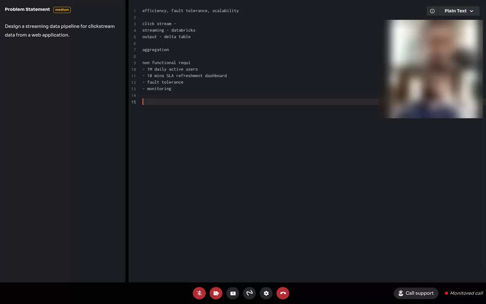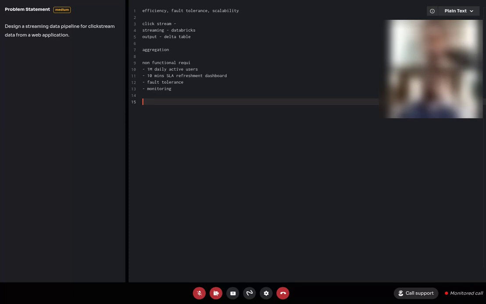Okay. What issues do you see whenever you design a data pipeline? Let's say I don't want to write duplicate entries into my final output. How would you avoid that?